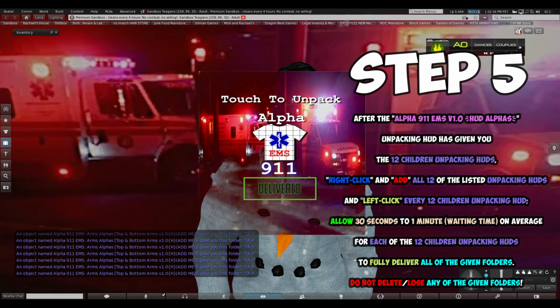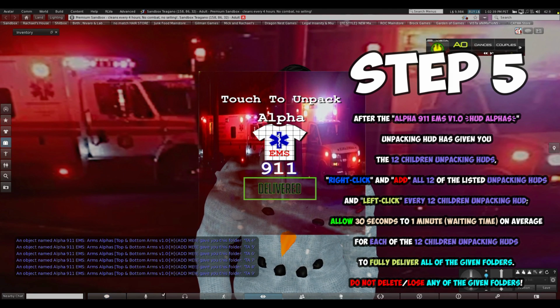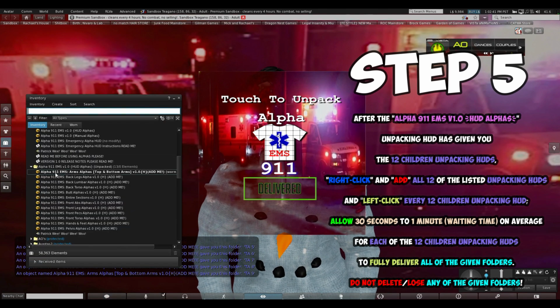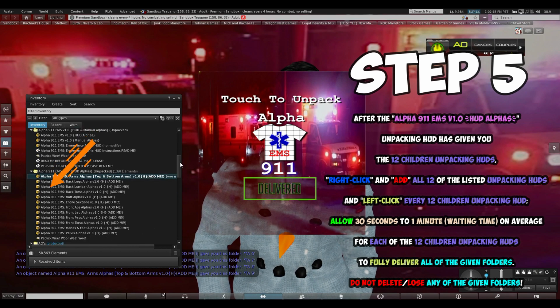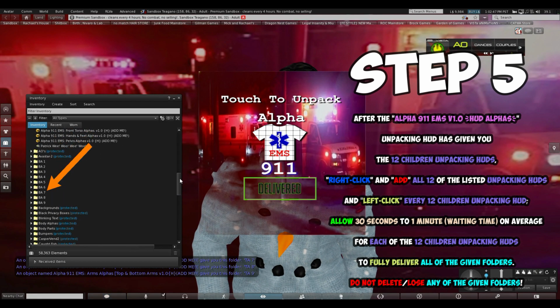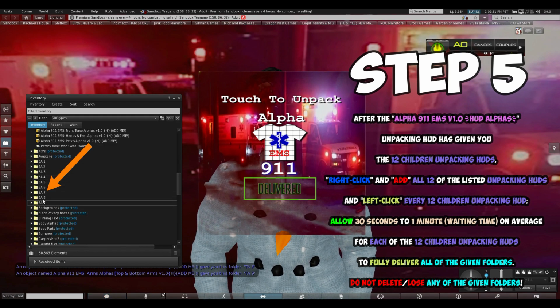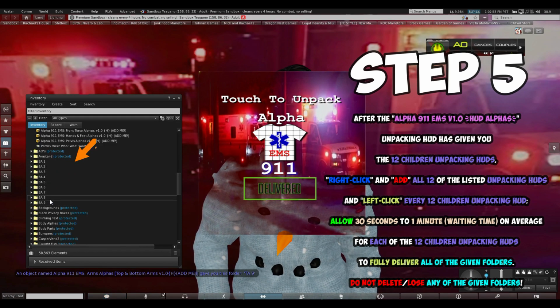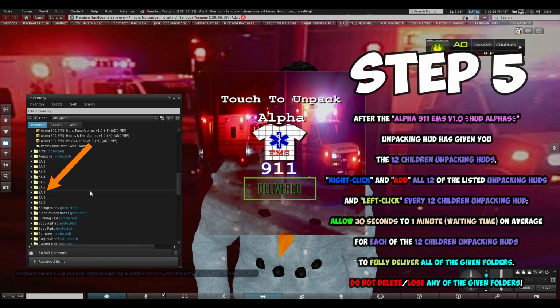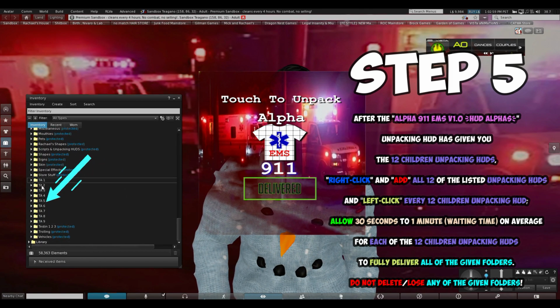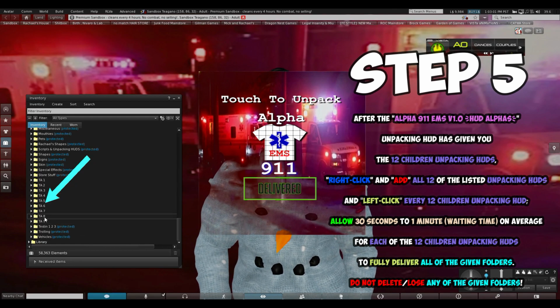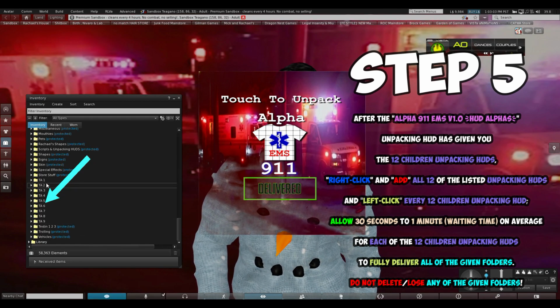It might take about 12 to 14 minutes on average because it takes about 30 seconds to 1 minute per unpacking HUD. And once you stop receiving all the unpacking HUD's items in the nearby chat, it should look like this here. Within your inventory, a 1 to 3 letter abbreviation with a number or letter at the end of it, just like this here. It's usually your telltale sign of what the alpha individual folder will look like. As you see here, all of these, just like this.